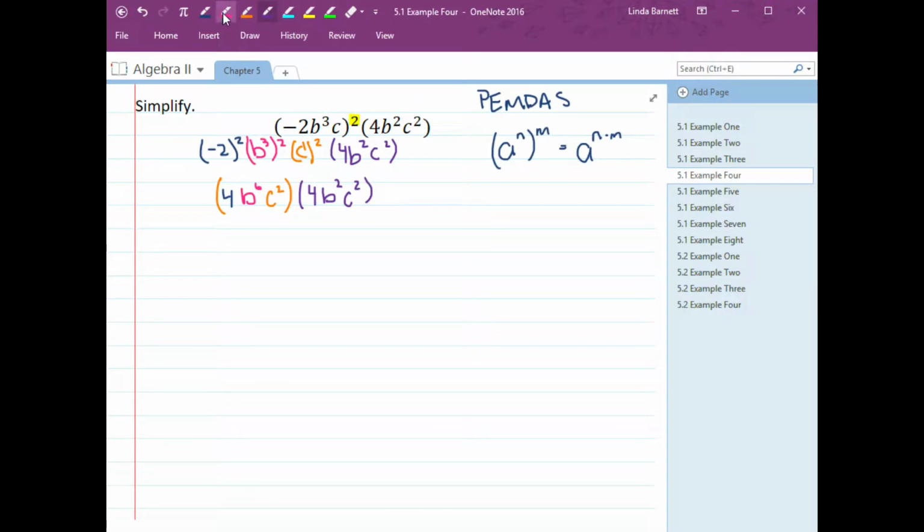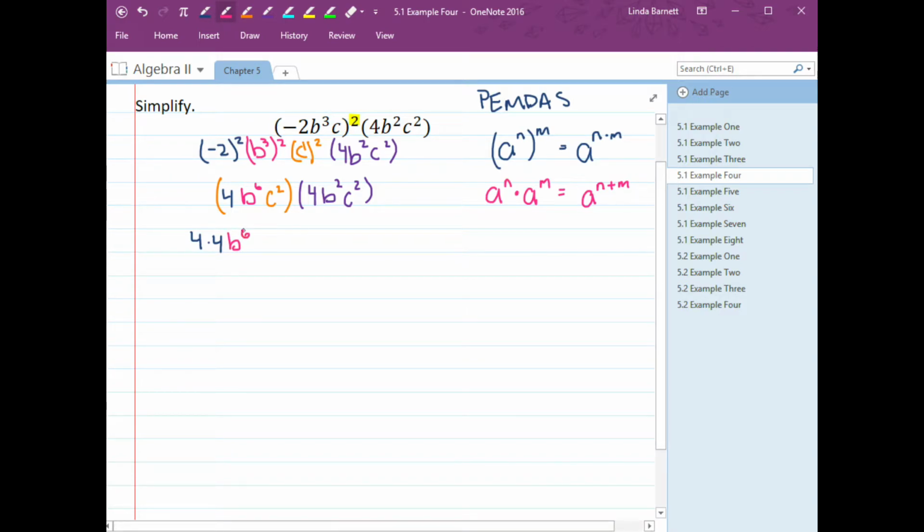Now I get to use the power rule that says when I'm multiplying powers, so if I have a to the power of n times a to the power of m, I get to add my exponents. So a to the n plus m. So first we deal with our numbers. 4 times 4. I'm going to have b to the 6th times b squared, and I'm going to have c squared times c